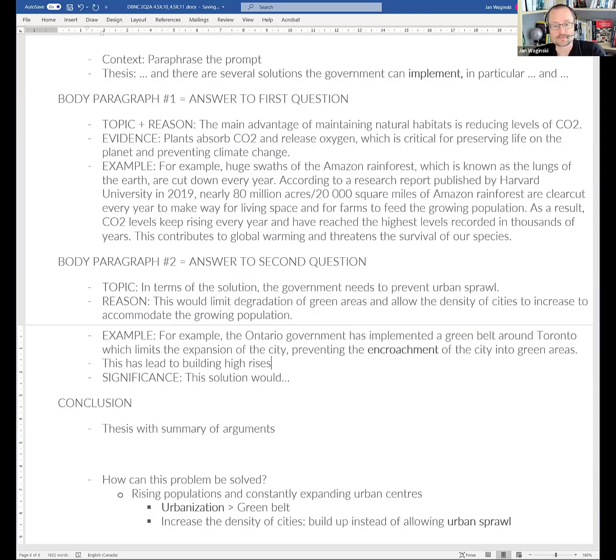Yes. When possible, this advice might be helpful for you: if you write something that your reader cannot visualize, try to rephrase it in a way that they can visualize. So building in a vertical way, if you said that to a kid, would they have any idea what you're talking about? No, but they can picture building high rises, right? So it's always better to write in a way that people can visualize. This has led to building high rises instead of